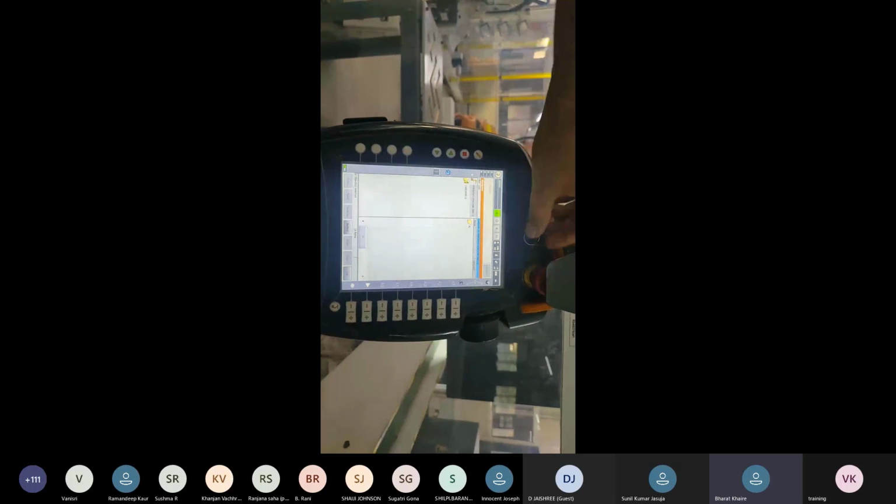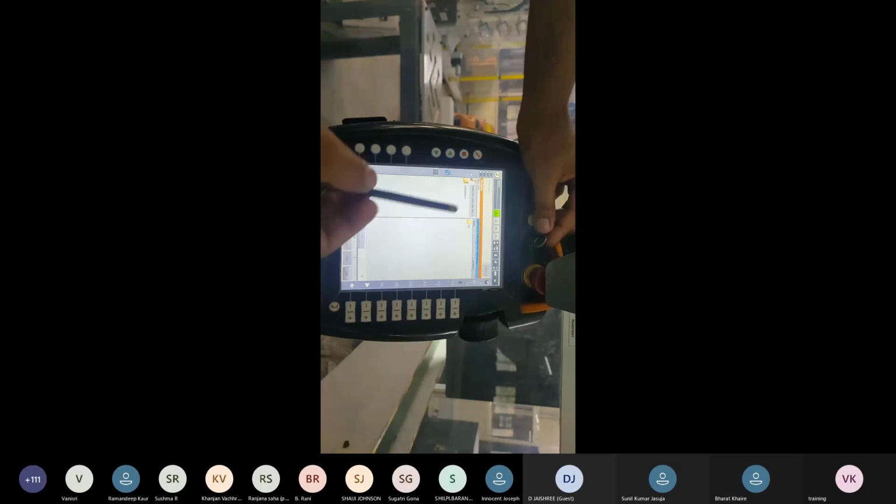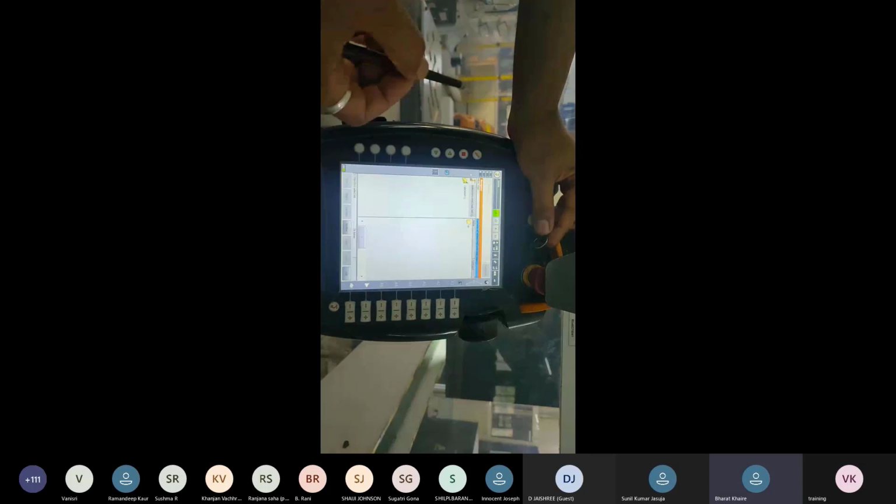Here some other keys are given. Firstly you are watching here S. Okay, so the meaning of S is a submit interpreter or soft PLC. Okay, it should be always in a green light.